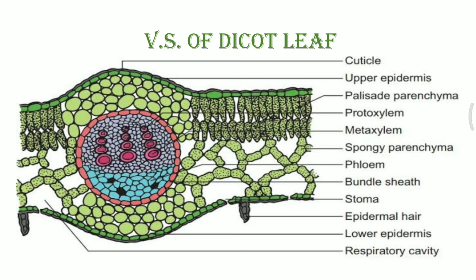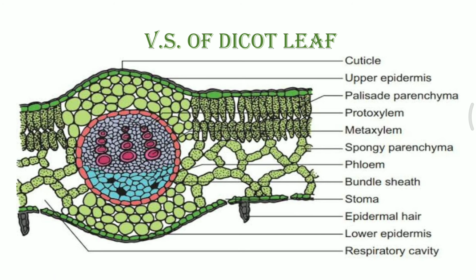Over the epidermis, there is another layer which is known as the cuticle. The cuticle is thick, has no stomatal space within it, and the upper epidermis is a layer of parenchymatous cells. These parenchymatous cells have